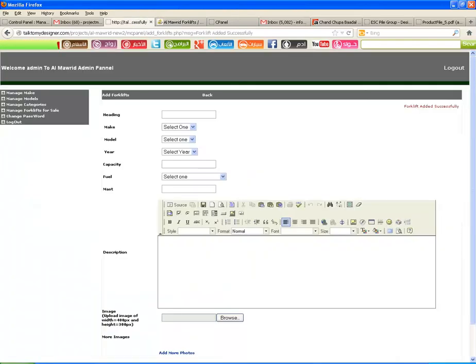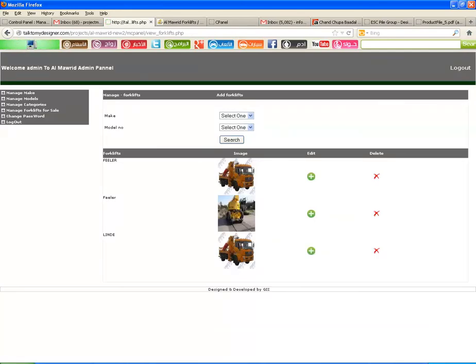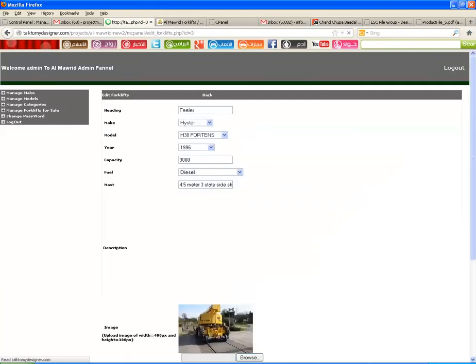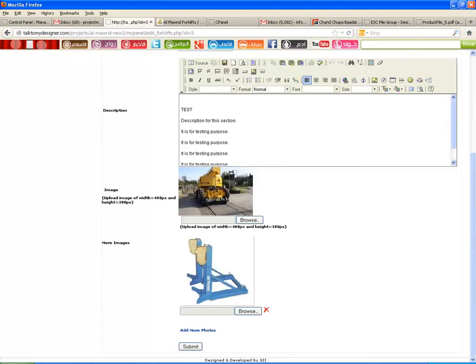Like this we can add any forklift for sale, and if you click on view forklift for sale, you can view all the forklifts which you have entered through the control panel. And if you want to edit any of the forklifts for sale, then you can click on this green color plus button. It will go to the page where you can edit.